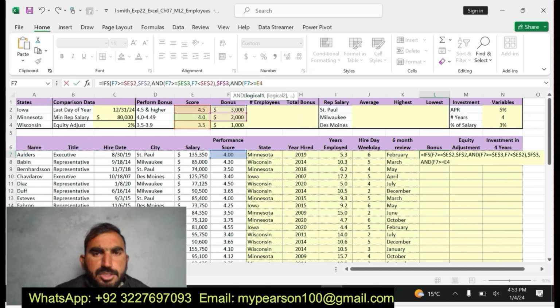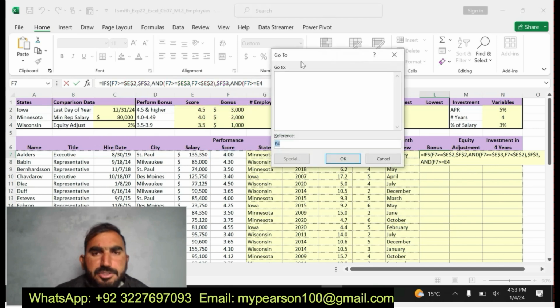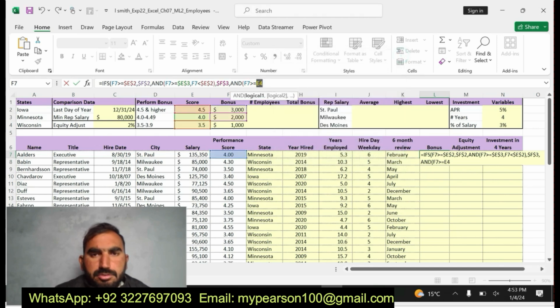E4. Okay, you can see here I am going to apply the IF function and E4, apply absolute cell references, comma, F7 greater than E3.